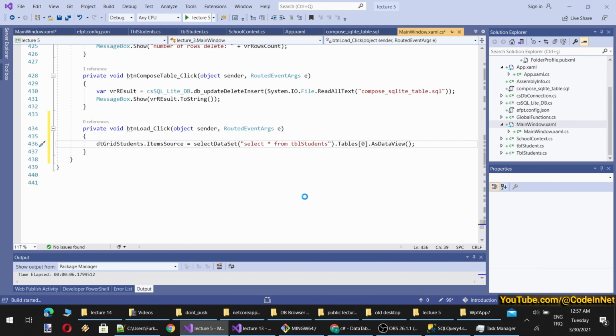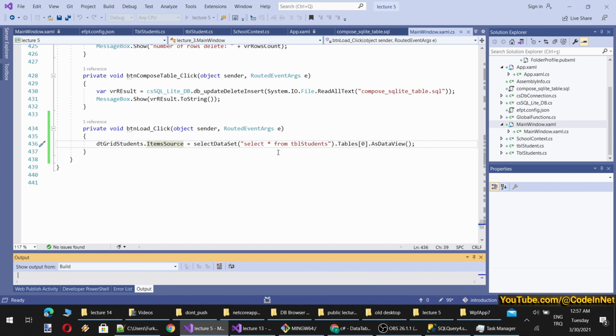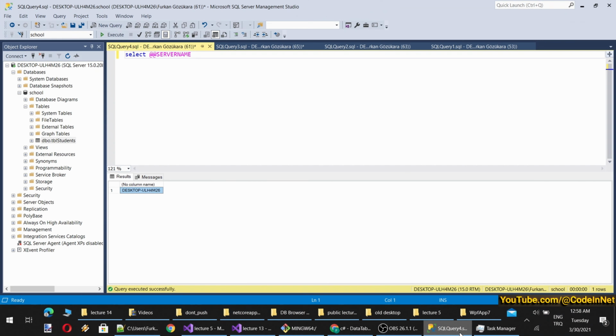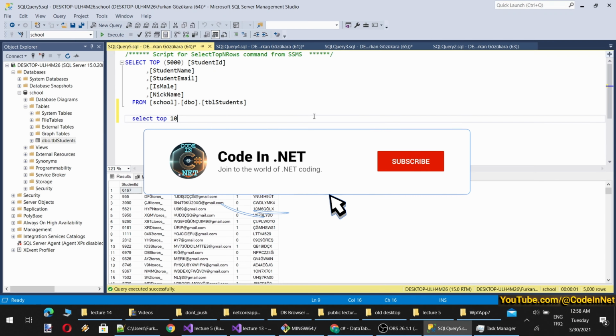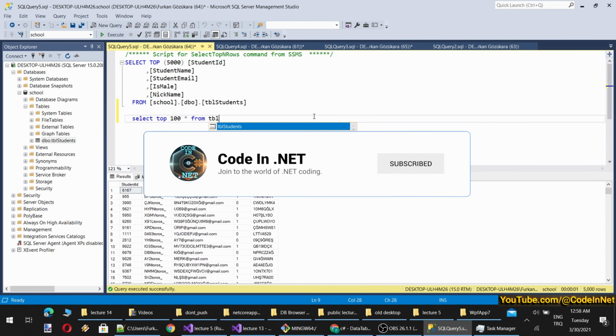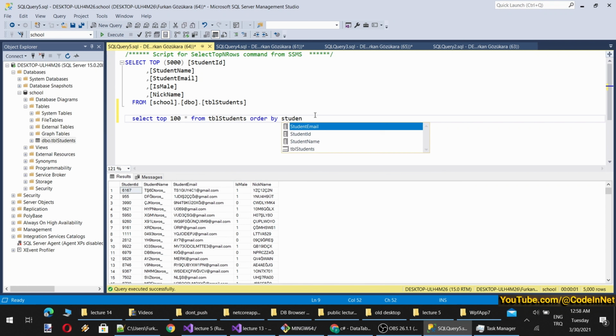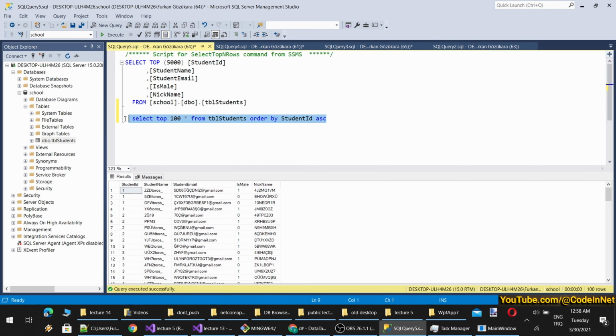Basically this will populate all the data into our data grid, but I will limit it to top 100 and order by student ID. Select top 100 all from TBR students order by student ID ascending. Yes, the query is working.